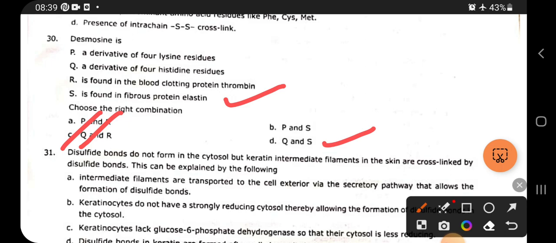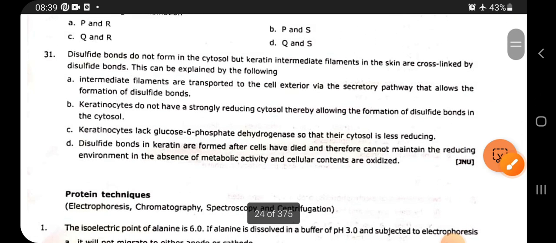Whatever you have studied yesterday, as in collagen, elastin, keratin, you will get to see that there is a lot of glycine, there is a proline, there is lysine, but hydroxylation of lysine is deficient in certain of your proteins. But essentially, you will get to see glycine, proline, lysine, and the hydroxylation on these amino acids. Then we come to the last question of this topic, that is disulfide bonds do not form